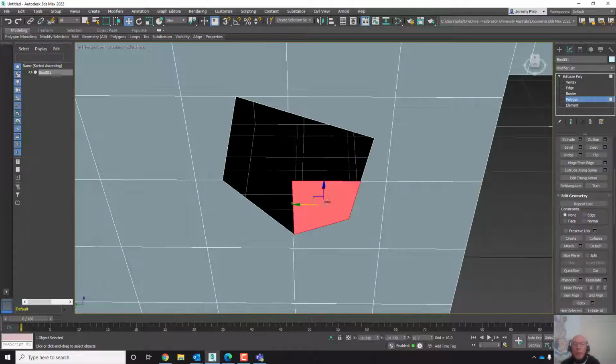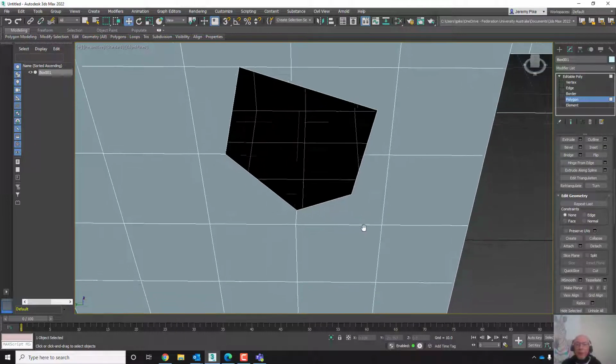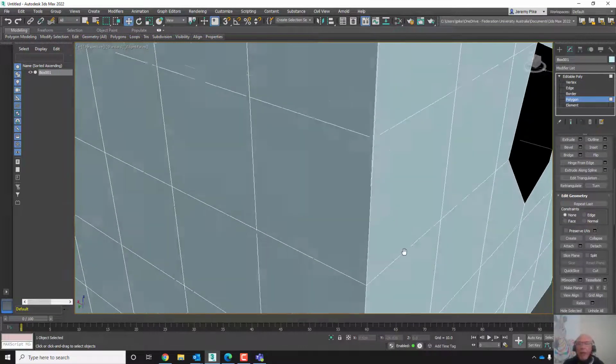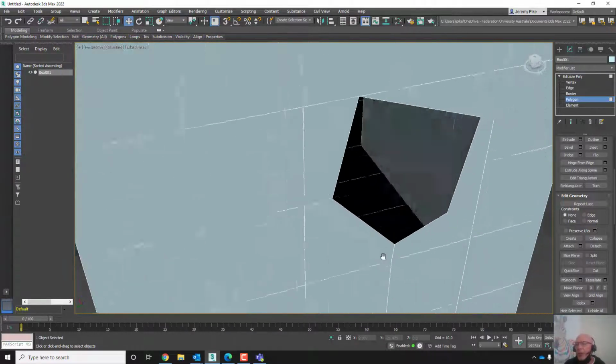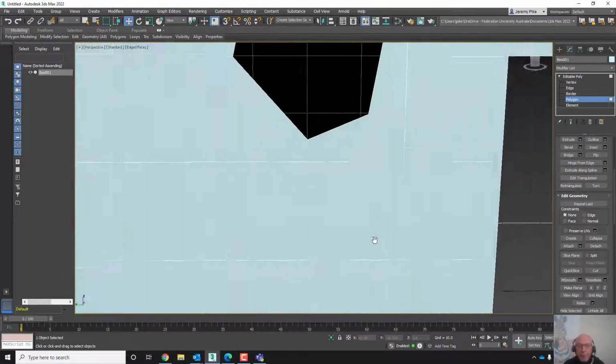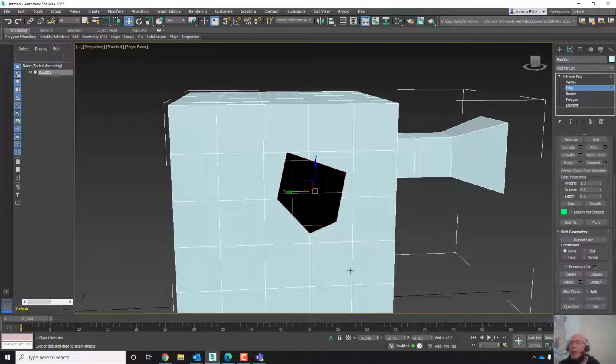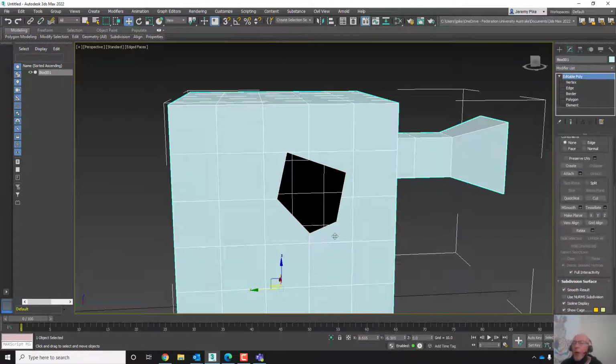Oh, see-through. Right now, I can see into that box like that, and you can see the inside of the polygons inside, yeah? How do I cap that back up again? Remember what we did before? If I went into edge, I can use edge to cap it as well. Or if I get right out of it